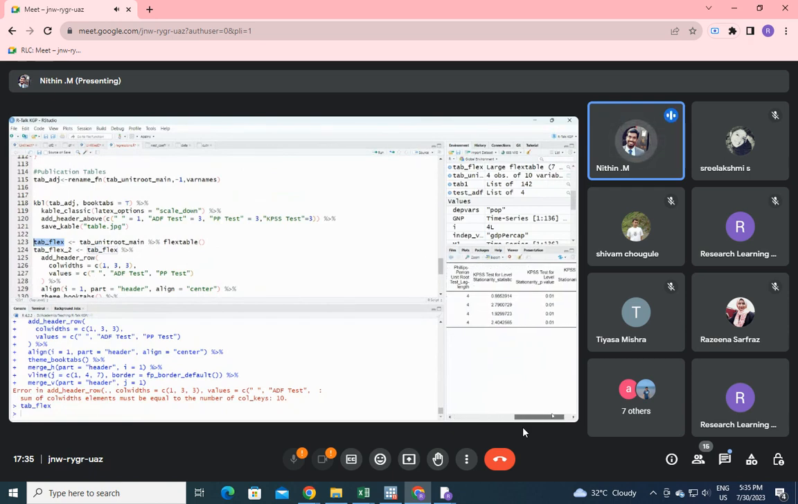So yeah, you can get an output like this from flextable. And if you want to save that